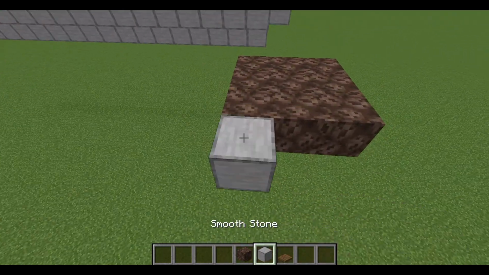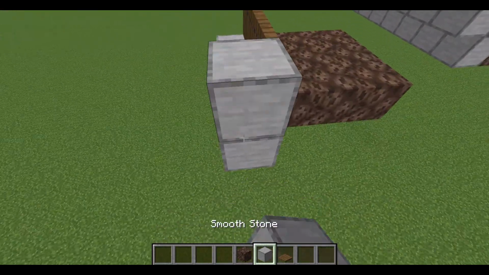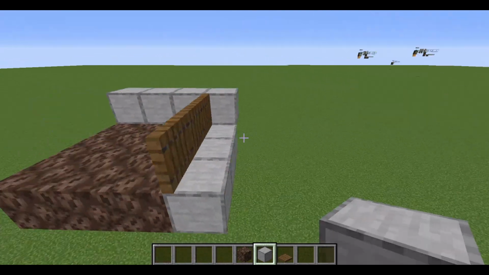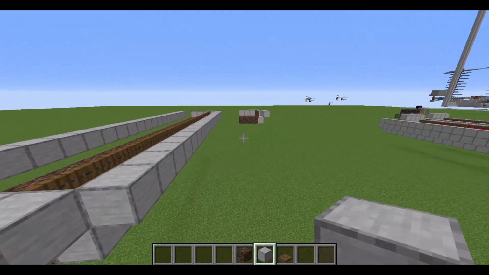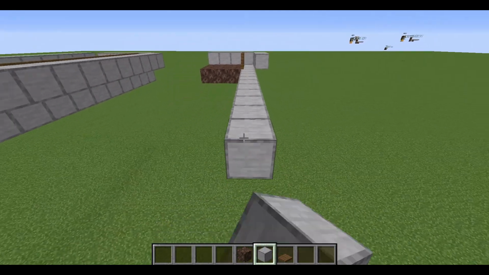So we're making a second ledge. I advise making a second one just to make the farm quicker. You don't have to if you don't want to though. And we're making the exact same setup, and it will end at the same area too, which is really helpful. So if I go across here,